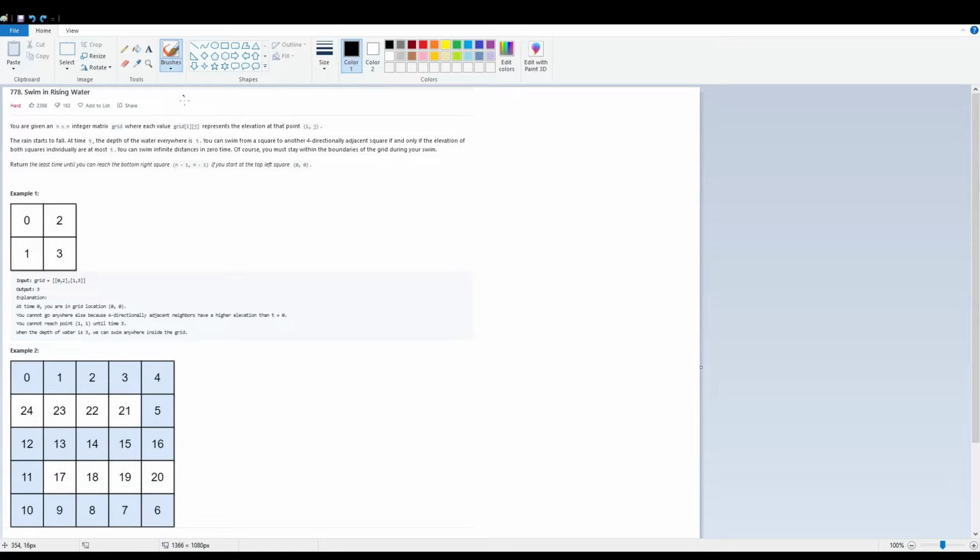Today I'm going to talk about LeetCode question number 778, Swim in Rising Water. You're given an n by n integer matrix grid where each value grid[i][j] represents the elevation at that point (i, j). Rain starts to fall. At time t, the depth of the water everywhere is t. You can swim from a square to another 4-directionally adjacent square, up, down, left, right, if and